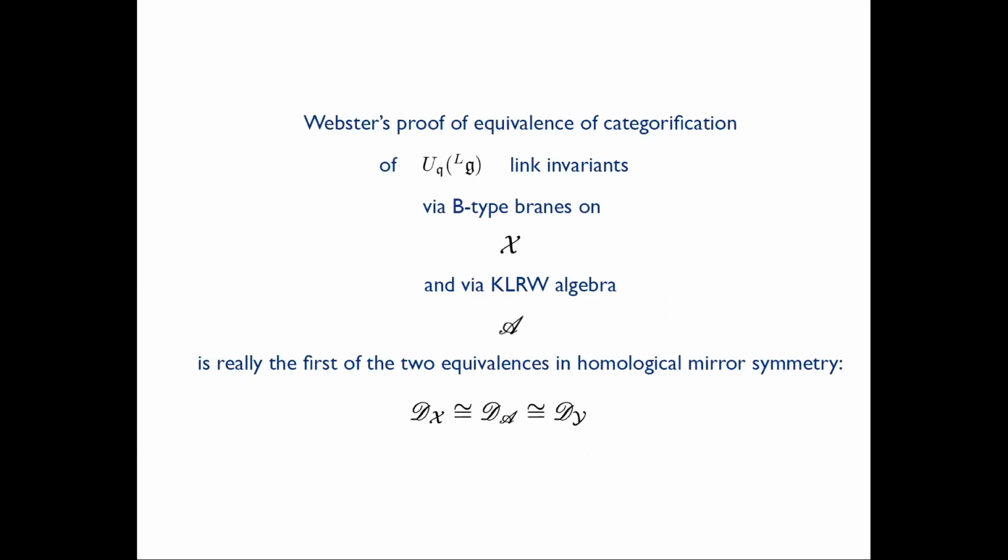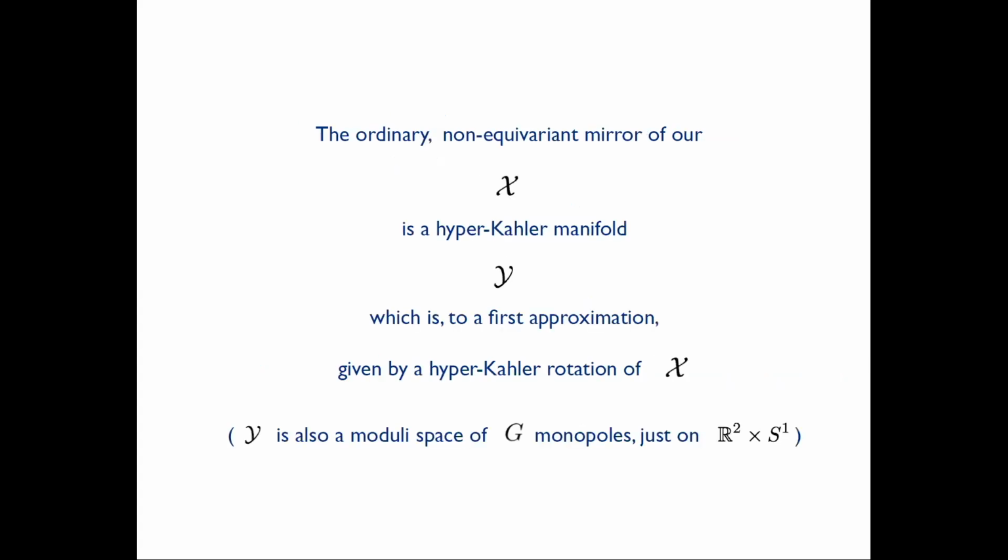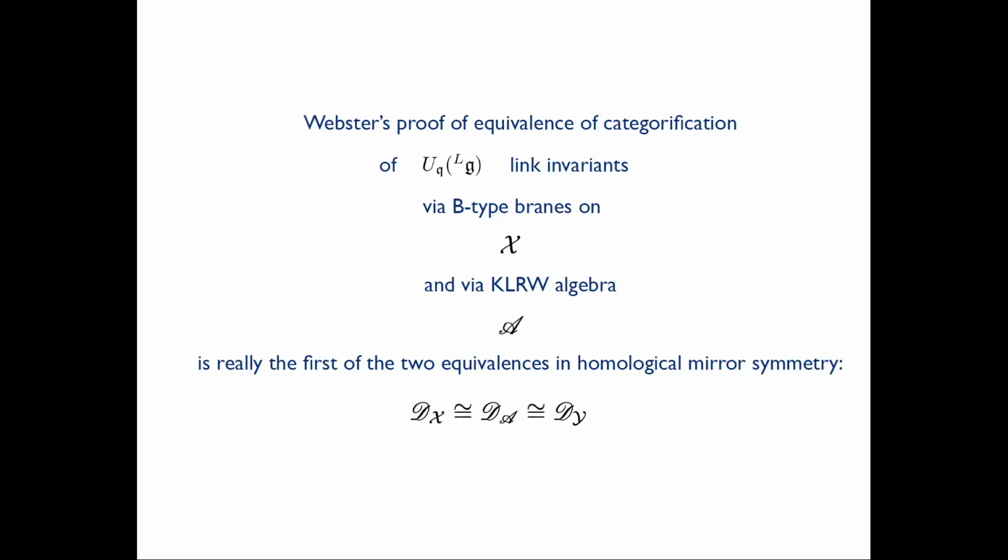Okay. So it turns out that Webster's proof of equivalence of his link invariants by the B category and by his algebra is really the first of two equivalences in homological mirror symmetry. Now this side is completely well known. Descriptions of these categories are completely abstract. What the A-side allows us to do is to get an explicit geometric understanding of the category, and actually